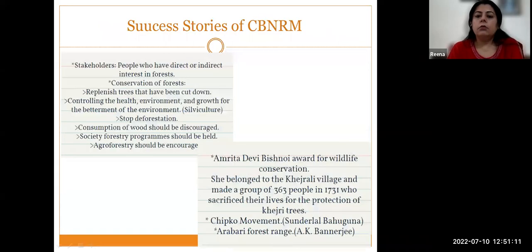So there are again many success stories. If you see Amrita Devi Bishnoi, she has recently received an award for wildlife conservation, and she belonged to the Khejrali village, and she made a group of 363 people. In the projects I have discussed, we have also given an institutional framework. We formed self-help groups so that this project is given a name, this project has a bank account, and the group of people working in this self-help group or the registered group are going to give